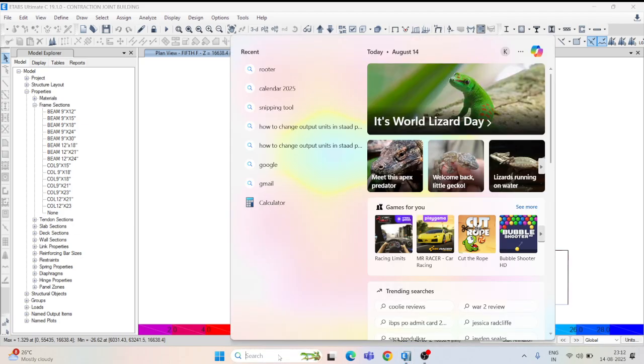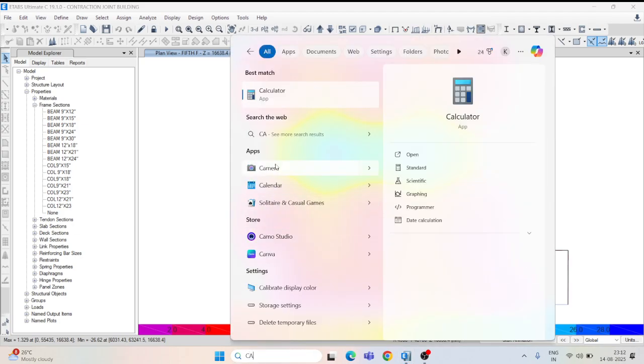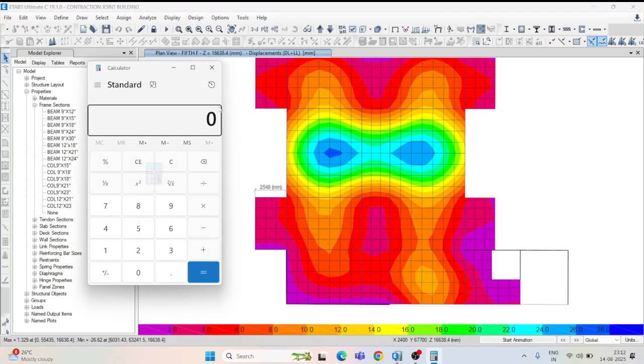So just go to the calculator and see, 26.62 minus how much? Here the axial shortening value is 4.97.